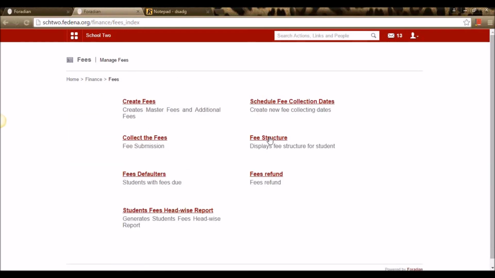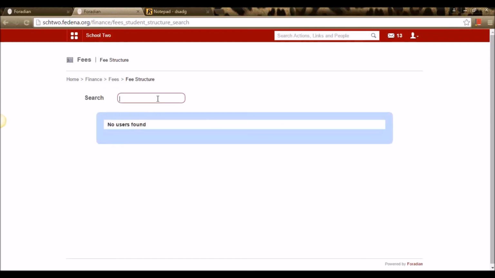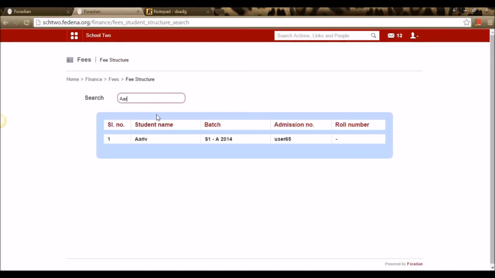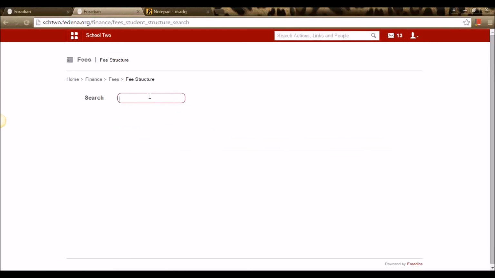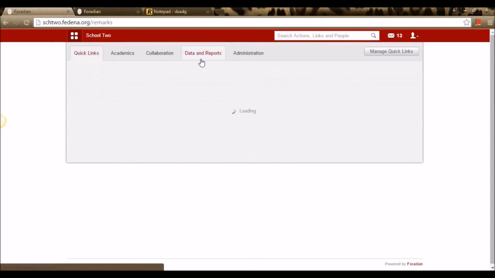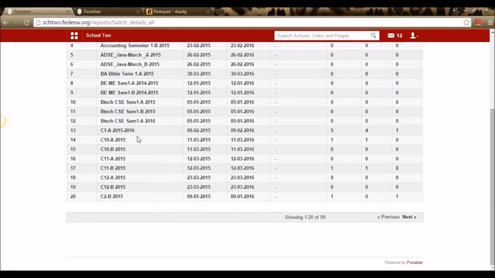So let's see the fee structure option right now. We can view the fee structure of a student in this option. We can select a particular student and select their fee structure. Let me check the students available in the course that I've recently applied fees for.